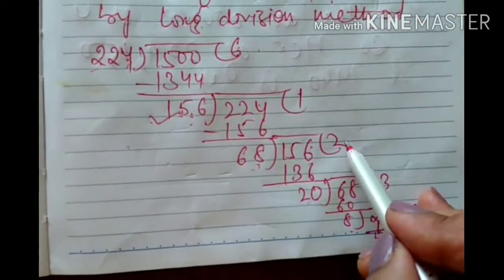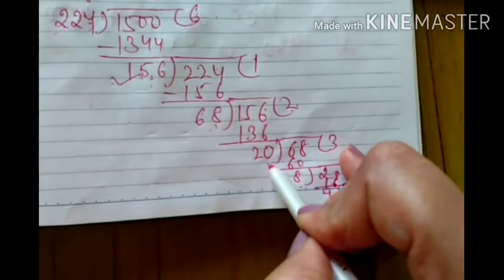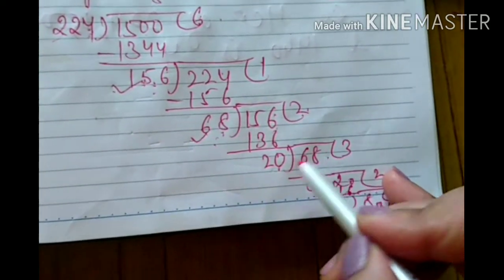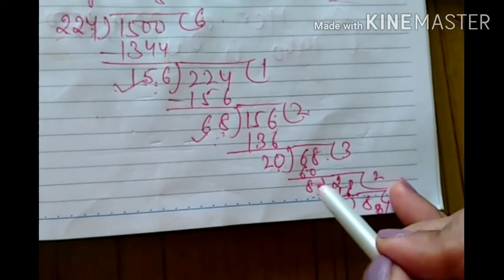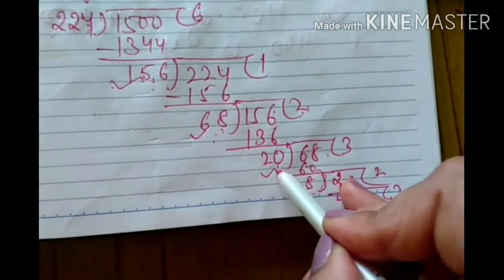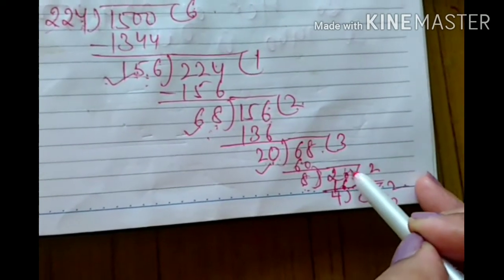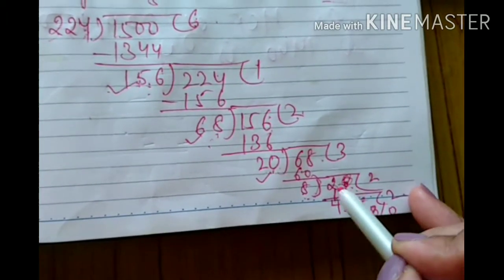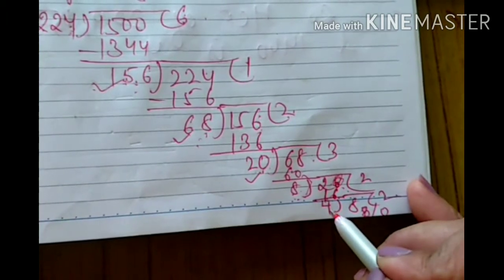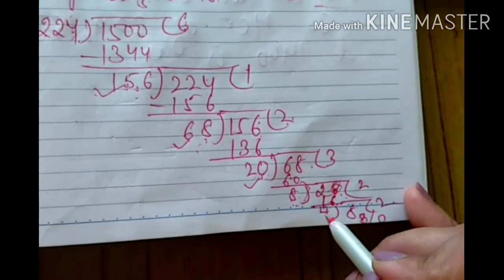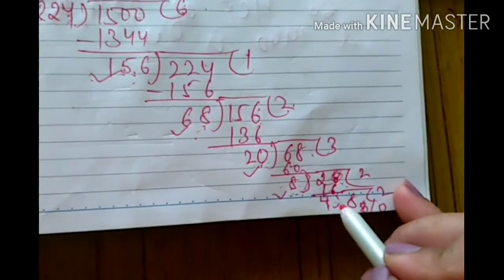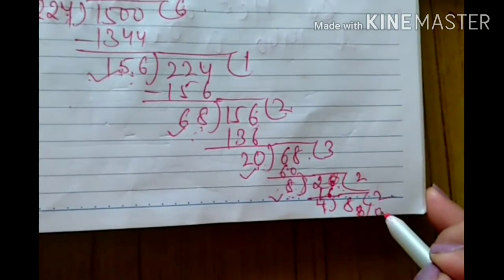Divide again. Again you have got remainder 20. Then this previous 68 will be taken as dividend. Recite the table of 20 till 3. You have got again 8 as remainder. Now this 8 will be taken as divisor, and the previous 20 will be taken as dividend. Divide 20 by 8: 8 2 ja 16. Then you have got 4, not 0. This 4 will be taken as divisor, and the last 8 will be taken as dividend. Then 4 2 ja 8. You have got remainder 0.